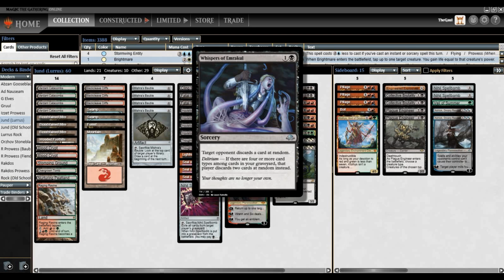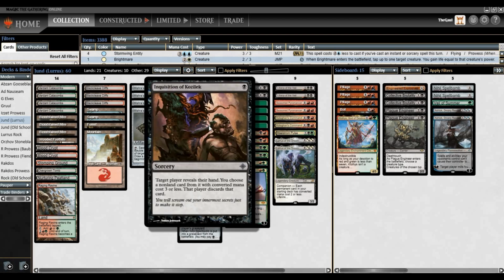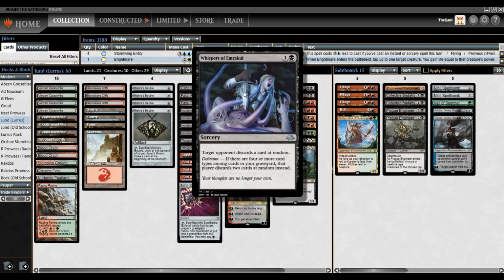Whispers of Emrakul is nowhere near as powerful, but hey, if we can get our graveyard filled early on, Whispers can punish a stumbling opponent with a Hymn-like effect. Or the opponent doesn't even have to be stumbling if we just disrupt them naturally with a turn 1 Inquisition, and then maybe line up Whispers on turn 3, turn 4, even turn 5 against big mana